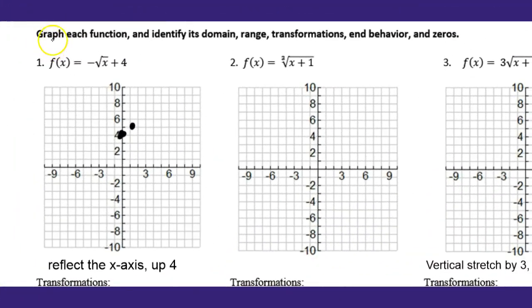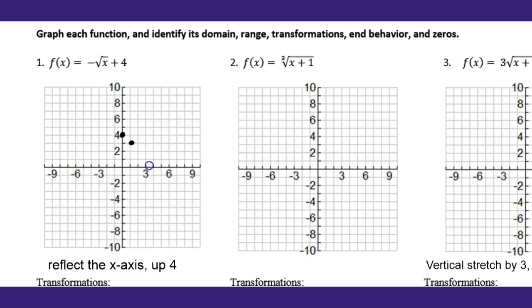All right. So graph each function and identify its domain, range, transformations, and behaviors and zeros. All this is just a review from what we've been doing this week, guys. So let's go ahead and dig in. First, we need to graph it, of course. And when we graph it, we're going to get the following points. Of course, 0, 4, because it moved up 4. All right. And then we're going to get 1, 3,